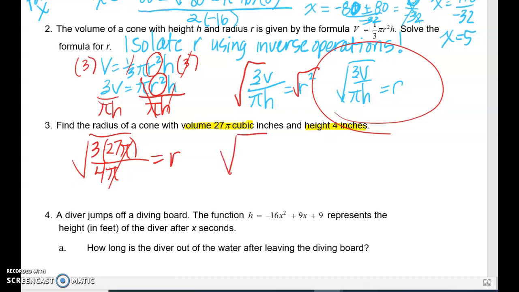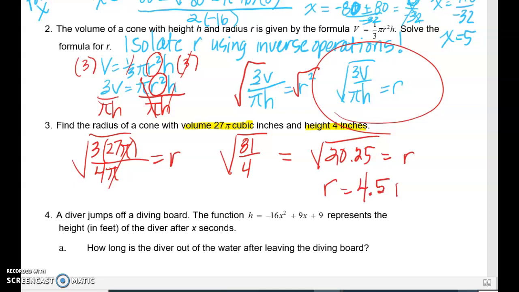And then I'm just going to simplify that multiplication. So 3 times 27 is 81. So now it's a simple calculation. I have 81/4, and if you divide that, that gives you 20.25. So I want the square root of 20.25. And again, I'm just using my graphing calculator to figure all of this out. So plug that in your calculator and round to the nearest tenth, and you get r is equal to 4.5